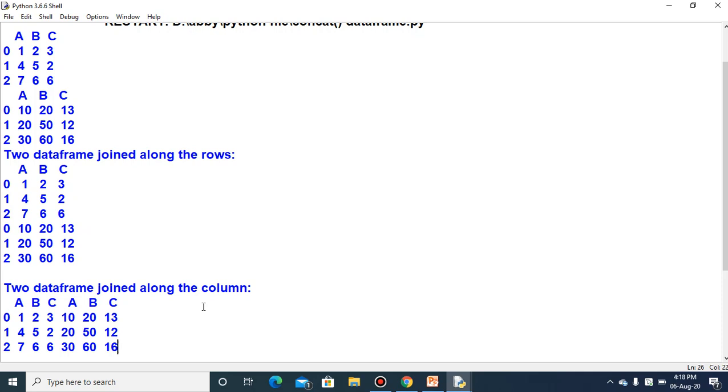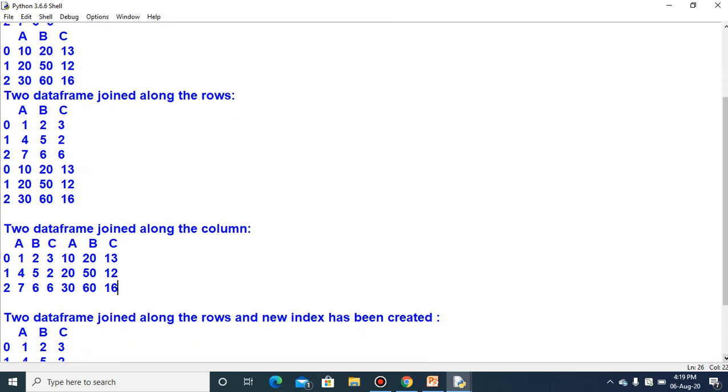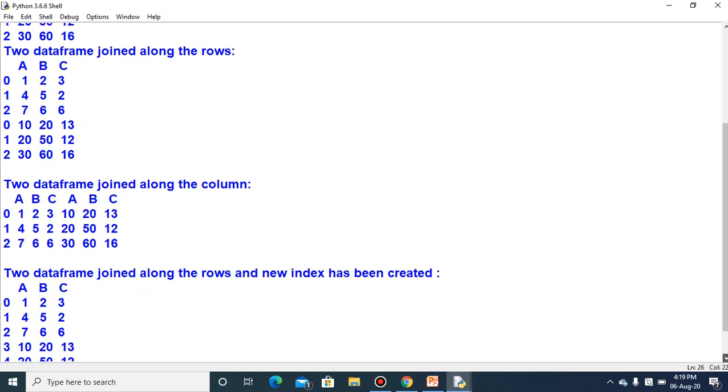If you have to join along the columns, you have to use the axis equal to 1 argument for the concat function.